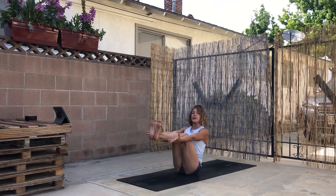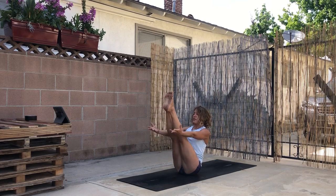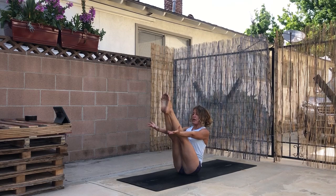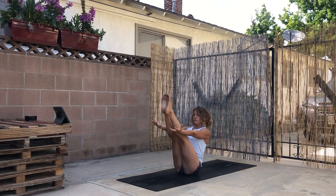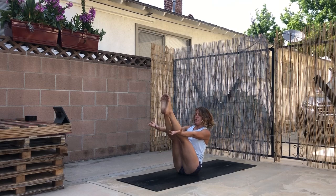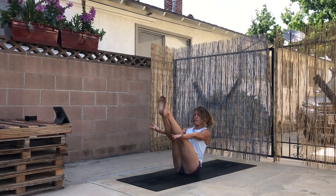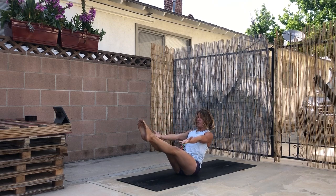My belly really has to work here now. This is still a little too easy. Try to straighten out those legs. Don't let those hip flexors overwork. Pull that belly down. Couple more breaths here. So nice. Reach the hands forward. Pull the heart towards the knees. Pull that belly down, empty out completely on those exhales, and we'll slowly